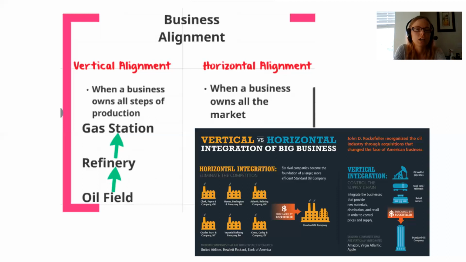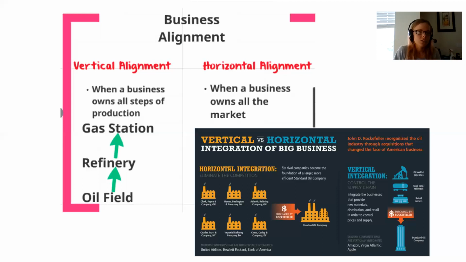Now, the horizontal alignment strategy, that's where you buy out the other businesses. So you're going across. That's horizontal. It's flat, it's cross. You buy out the other businesses. So again, with the oil example, let's say Valero. Some of you like Stripes, right? We'll say Stripes. That would be like Stripes buying out Valero and Chevron and Texaco and Exxon and all these other gas stations until the only gas station left that you could go to is Stripes. Now, that's the horizontal method.